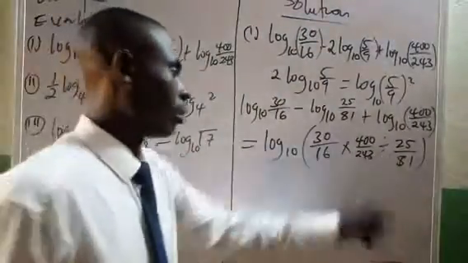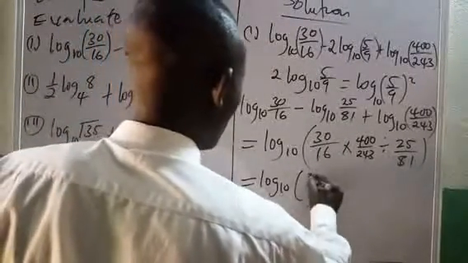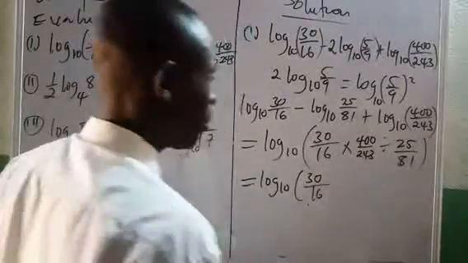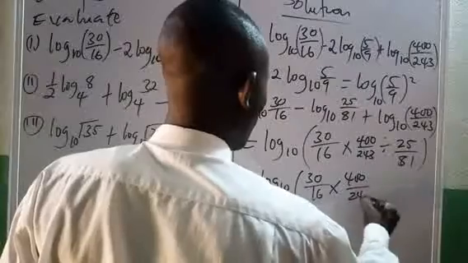So I'll change this one. This is the same thing as log 10 of bracket 30 over 16 times 400 over 243